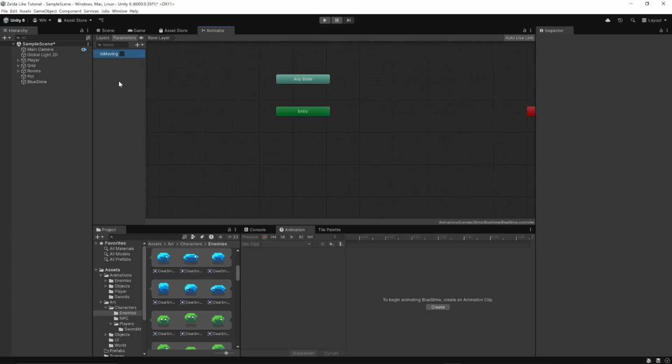And then we need float move x. I usually do lowercase, don't know why I did uppercase there, but move x. And float move y. There we go. So I know I keep harping on naming, but if you name move x and move y and is moving the same here,